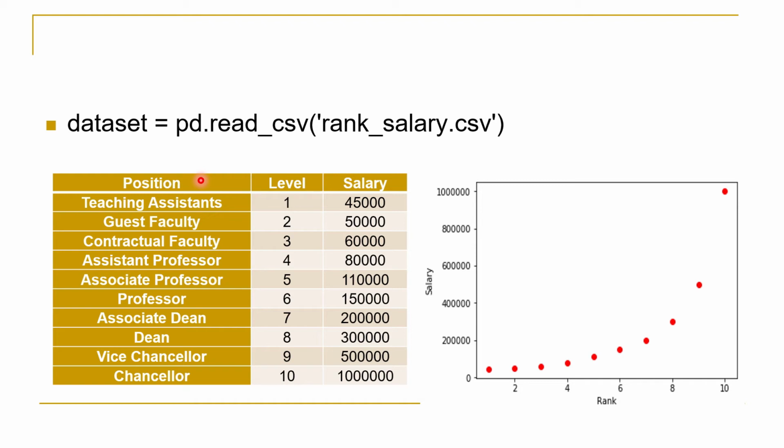We know that x carry the list of independent attribute, while y carry the list of dependent attribute. Of course, in this case, salary will act as dependent attribute. So the value of salary should be in y, while for x we have 2 options. One is position and another is level. Position carry the value of strings, or this is a nominal attribute, while level is a numeric attribute. You can understand that level is just like a labeled data for positions.